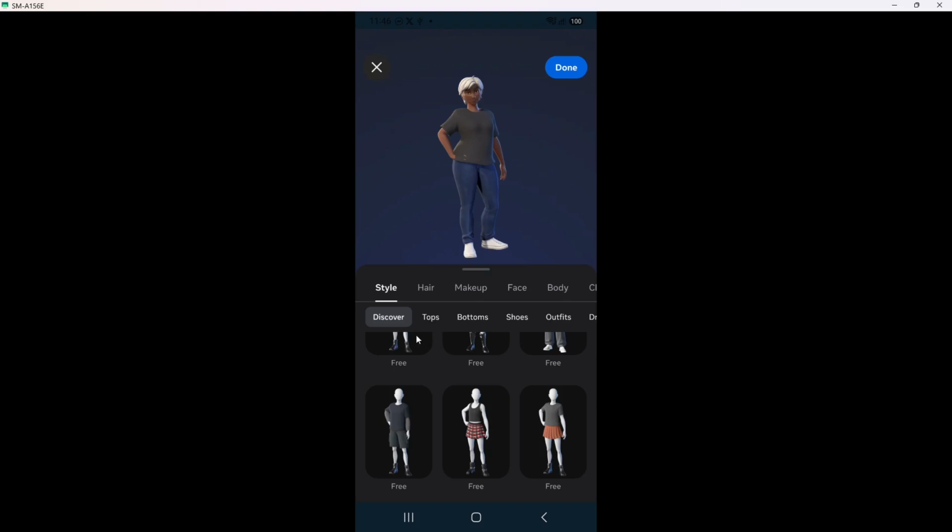Here you can choose extras like glasses, hats, or earrings depending on what is available. Each accessory appears on the avatar as soon as you tap it, so you can quickly see whether it suits the hairstyle and clothes you picked. If something feels too busy, simply tap a different option or remove it to return to a cleaner look.